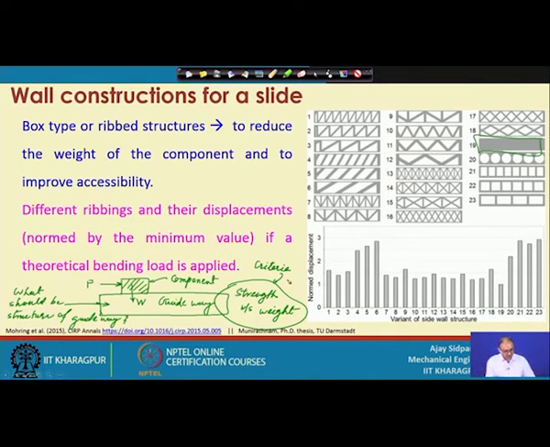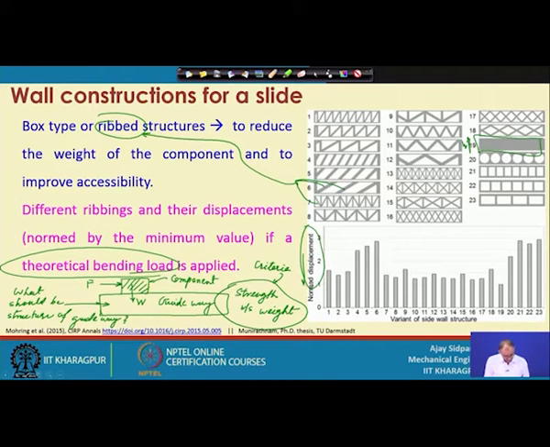If you are making a solid structure, your weight will be very high, in this case W is very high, and then there are a lot of different options, which type of ribs you require, because these are called the ribs, whatever is this showing. So, this is the rib, correct. So, what is the design which is important, now how you define. So, this is our norm displacement, because if you put a theoretical bending load at the end or at some other location, at that time what should be the displacement. So, our objective is to reduce this displacement, okay.